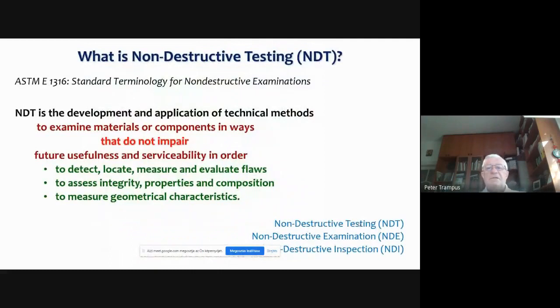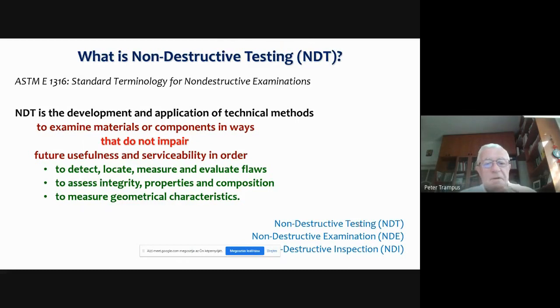So what is NDT? Most of you, all of you know, but I put here the definition from the ASTM 1316 standard, just to be on the same platform.